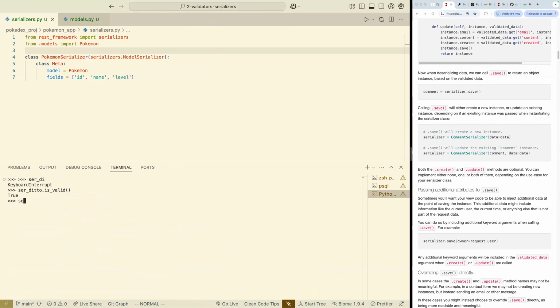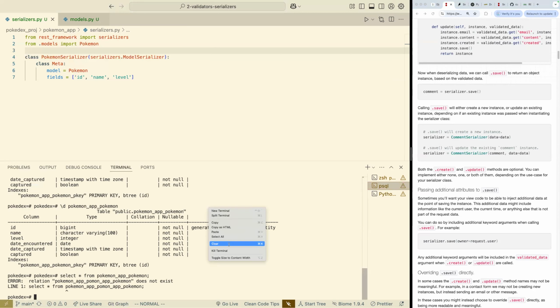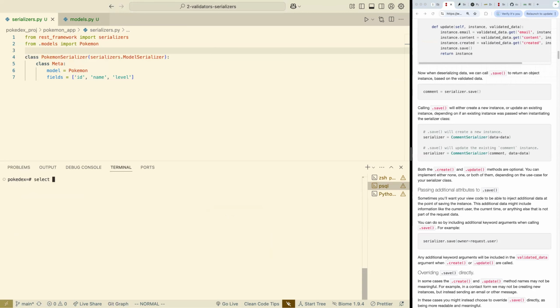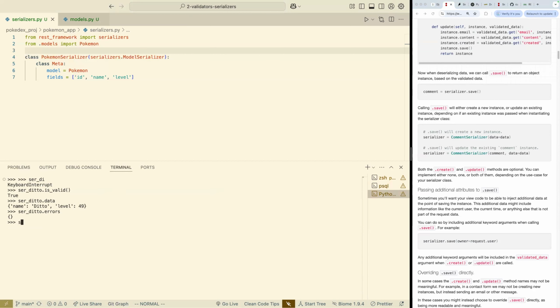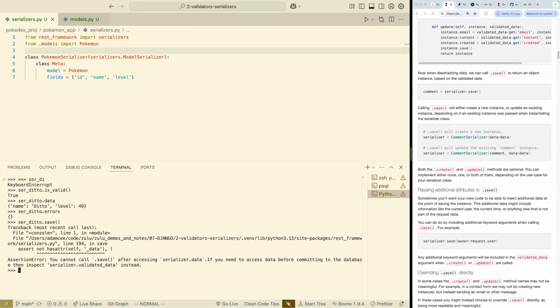And we get true. And now if I do serialized ditto dot data, it prints it out just fine. And if I do serialized ditto dot errors, it's an empty dictionary. And here's the fun part. Let's take a look at all the Pokemon in our database. Ditto's not in there. I can do ser ditto dot save,